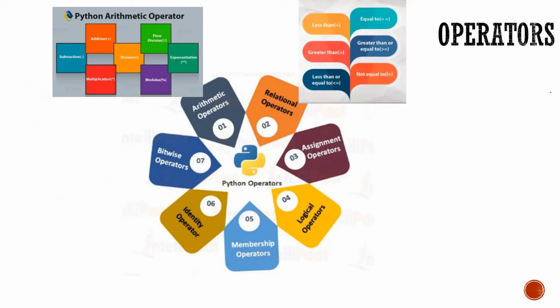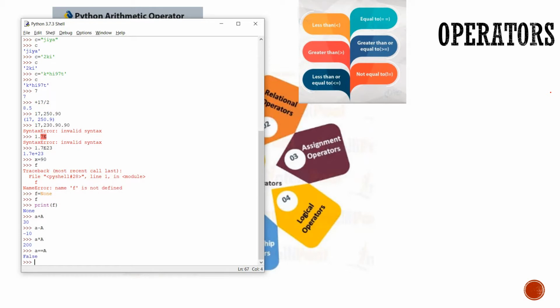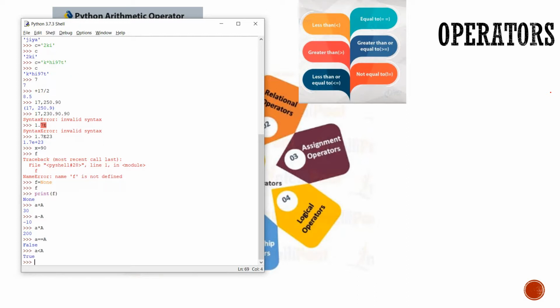Now moving on towards the relational operators. Relational operators are those operators which are showing relation between 2 operands, that can be less than, greater than, less than or equal to, greater than or equal to, or not equal to. Let's see. Here I am writing a is equal to a equal to a. Is it true or false? False, because small a is having the value 10 and capital A is having the value 20. Okay, next let us try a is less than. It is true because a is having the value 10, which is less than. In relational operators you are always having the result as false or true.